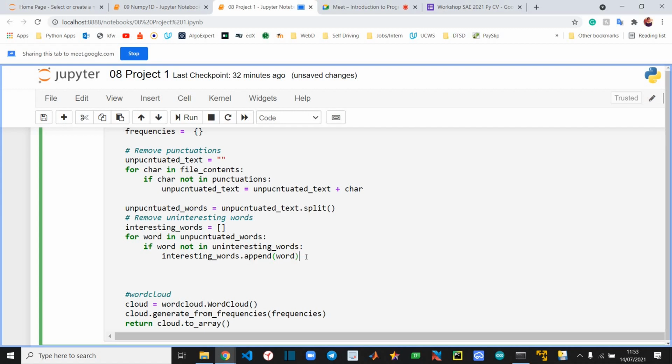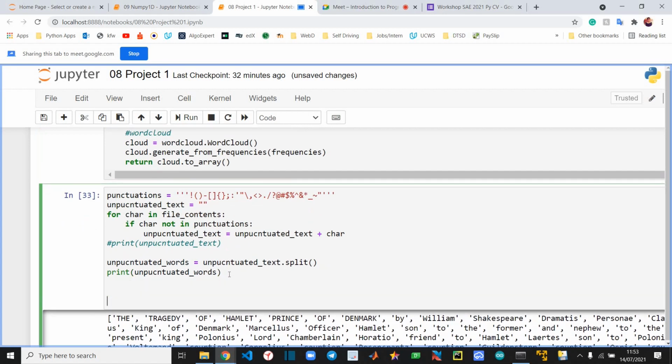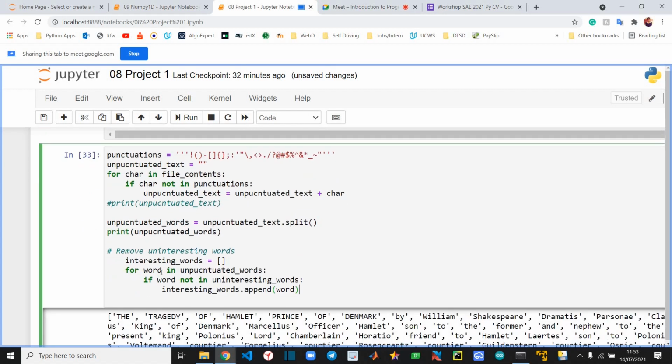So we'll add all these words into interesting words. Now let's see what happened, if we have any problems, and if we are really on the right path or need to do some additional things.